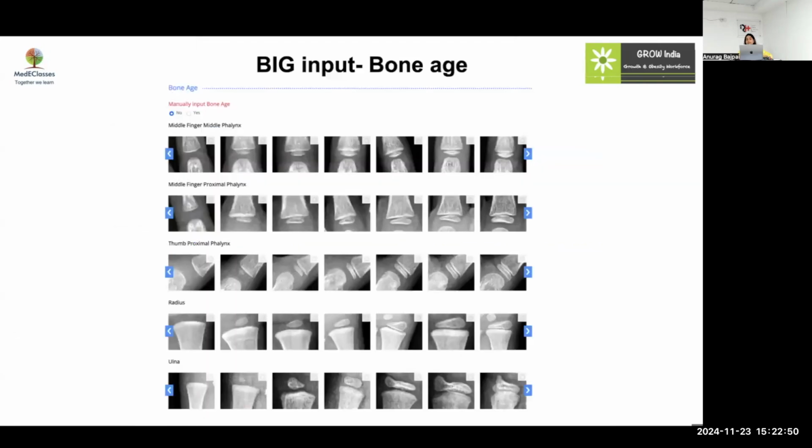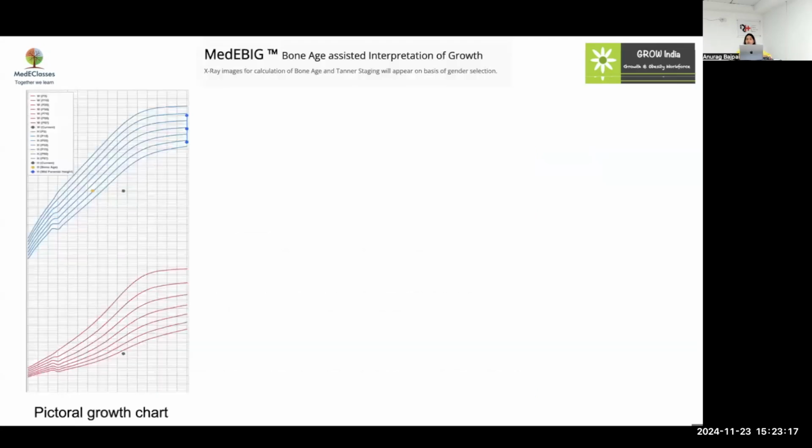Now, the second thing is to import the bone age. It could be done by the selection of 5 important sites that Sir has discussed, or the second method, you can manually input the bone age. All this data is processed by the algorithm that has already been uploaded in the web tool, and it provides instantaneous guidance on a single click as a pictorial growth chart that shows the mid-parental height,